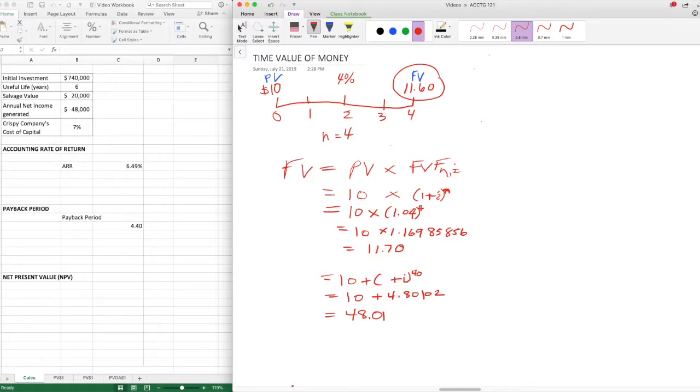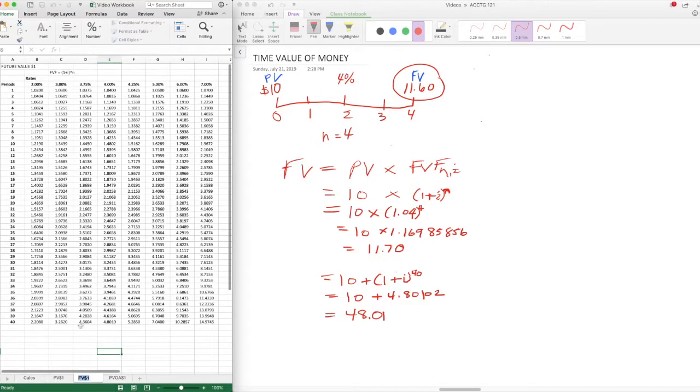Now, if we don't want to do the math for this, we have also another way to solve these. Okay, that's the same process, but involves a table. So if you look at my Excel file here, this is the future value table. And so you see here in the first column, it's the number of periods, and then there's rates across the top. So for 4% here, going down to 40 periods, which is the last one, you see the factor here is